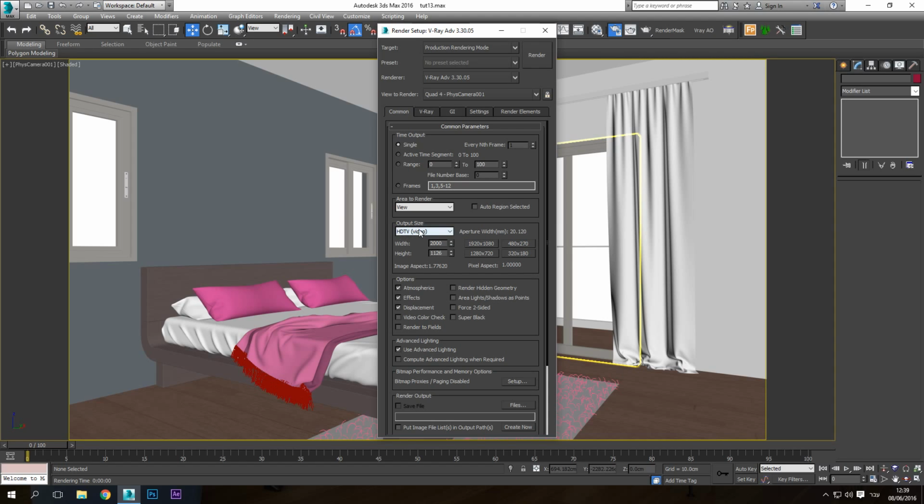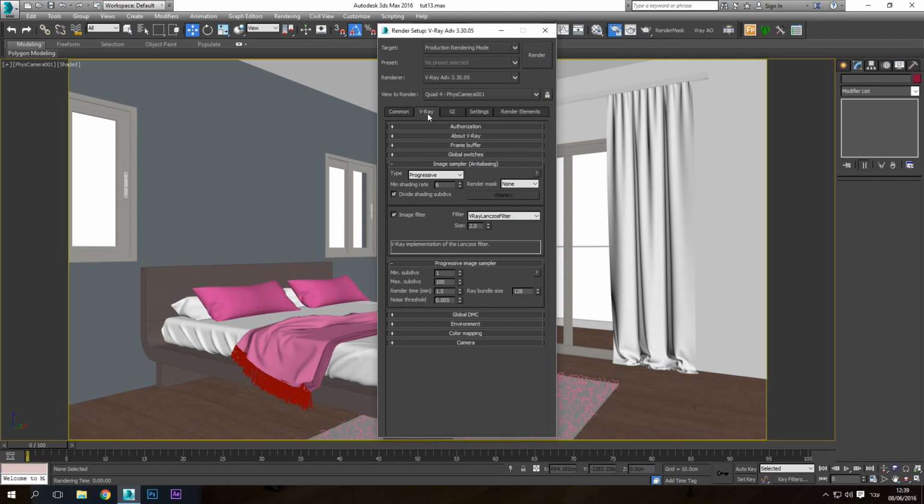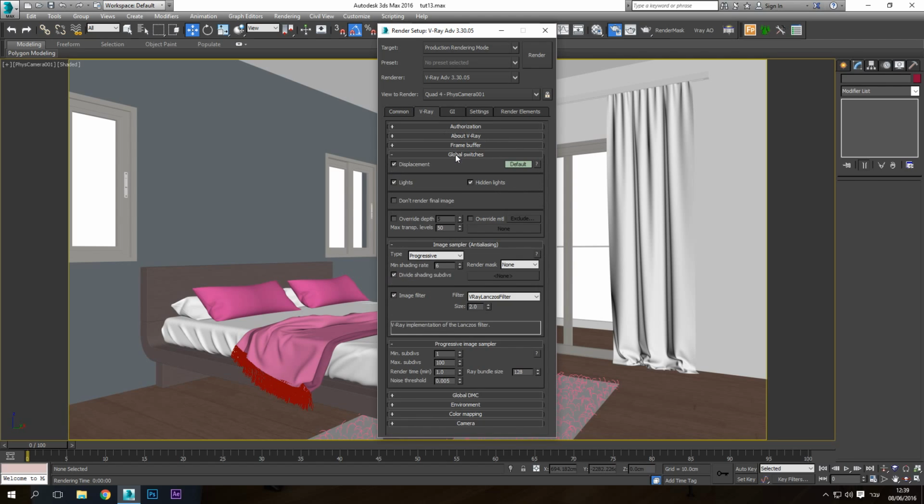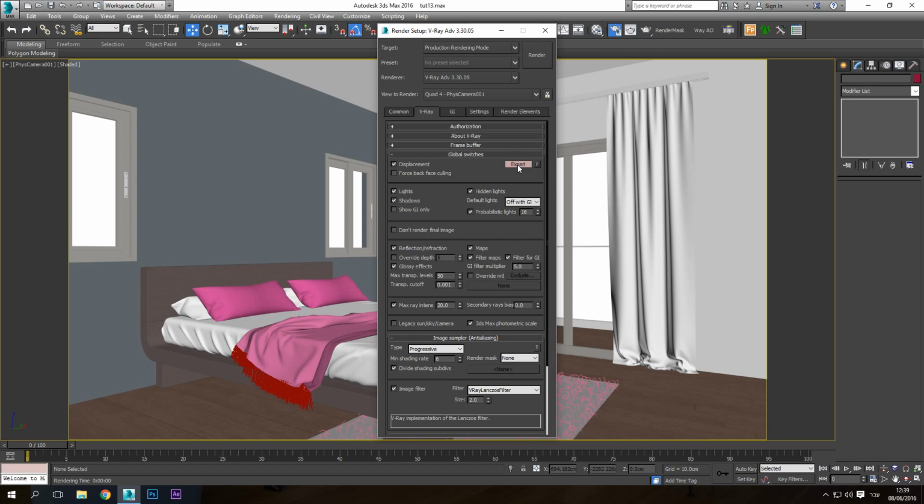So I'm going to use HDTV. Let's choose the resolution as, let's go, HD ready, 1280 over 720. It's not a high resolution, but for our purposes for now it is fine. Next thing I want to go to is V-Ray. Here the first thing I do is go to global switches, change the default to expert because we're experts, and